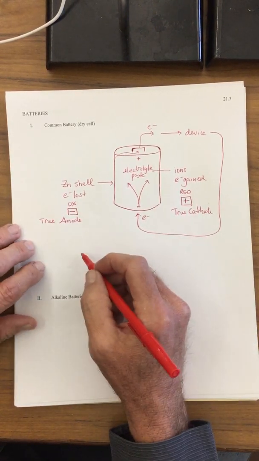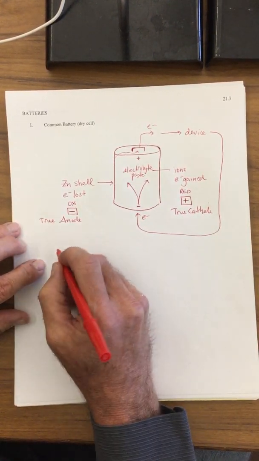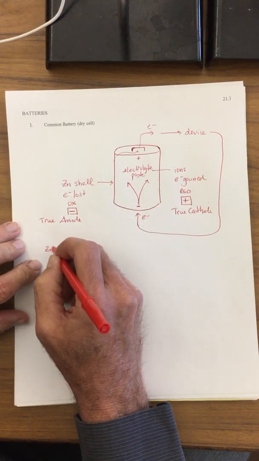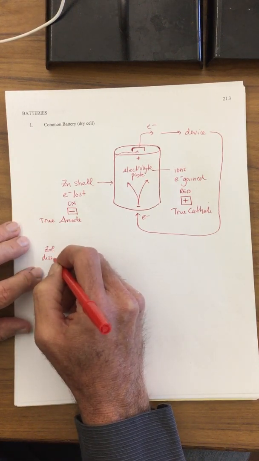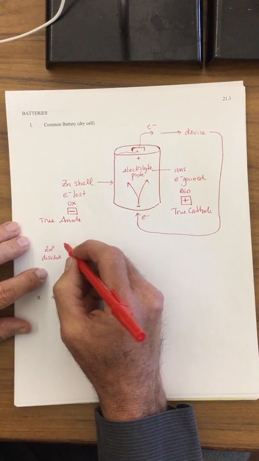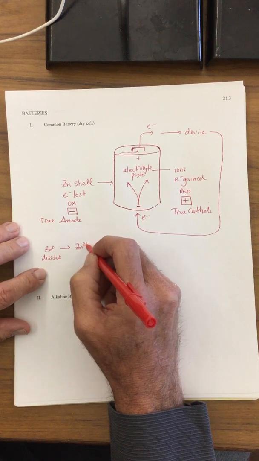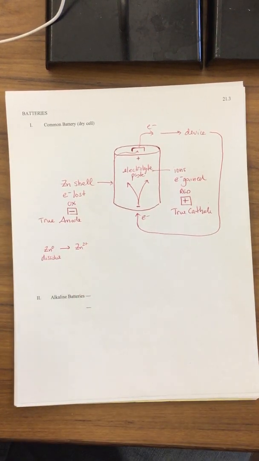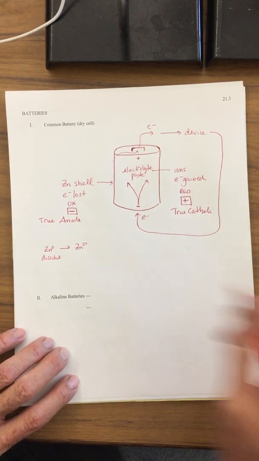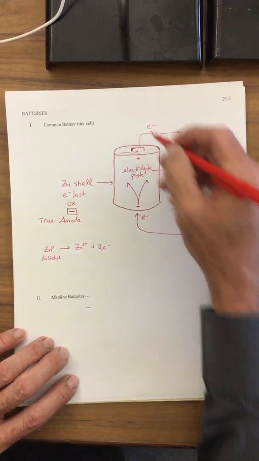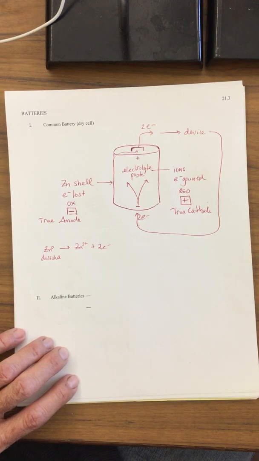So what's happening with all these reactions that are taking place? Very similar to what's taking place inside the voltaic cell. Let's start with the zinc. The zinc, which is the solid, is going to begin to dissolve. And it is going to be producing zinc ions, okay? And this actually will then go into the paste as well. And it's also going to be producing the 2 electrons. So you could put the 2 electrons that are moving along to power the device.